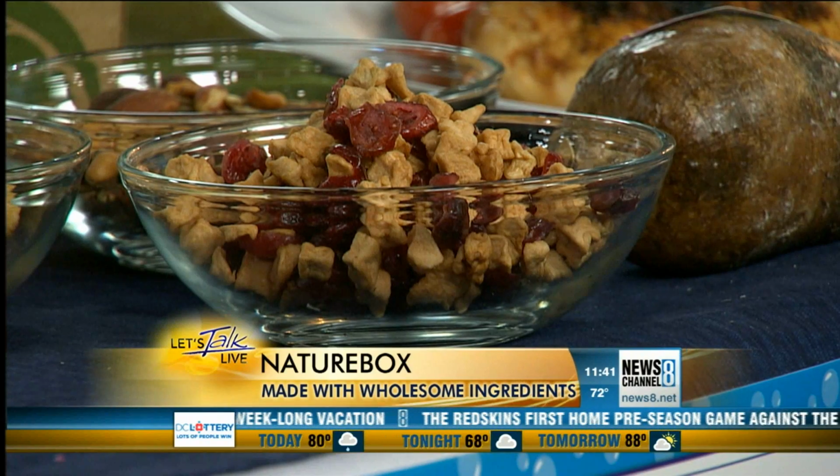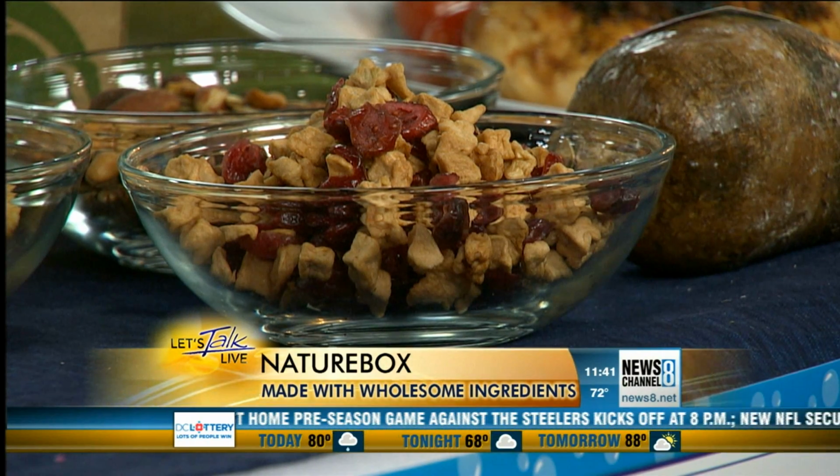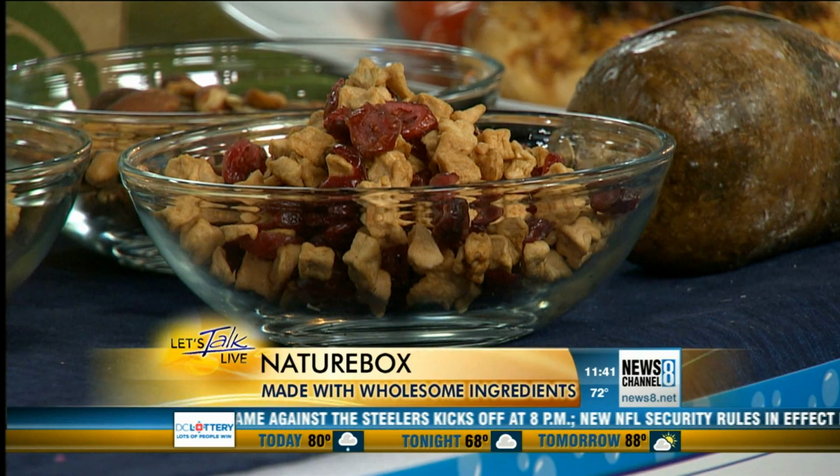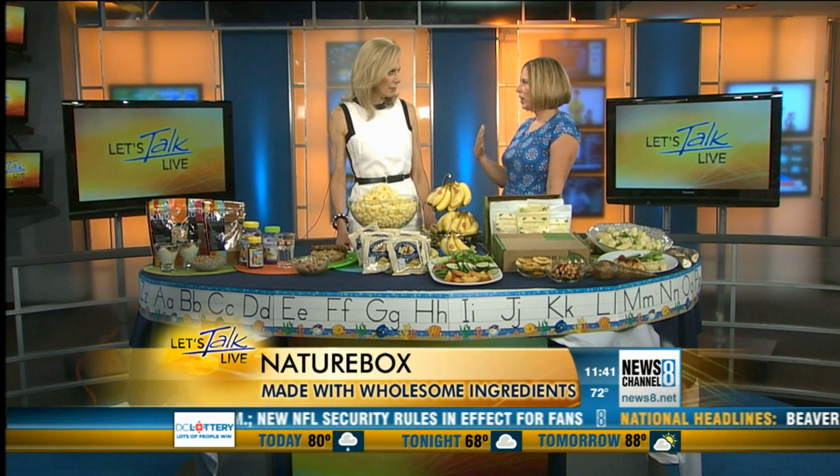Oh, you got some samples. We've got a dried fruit combination, kind of like a trail mix or a mix of seeds and nuts. Over 120 different options. They have different box sizes too, so this is one of their smaller boxes, but you can get family size boxes. The pricing starts at $19.95, but if you're looking for that quick grab and go after-school snack that you can trust is actually good,